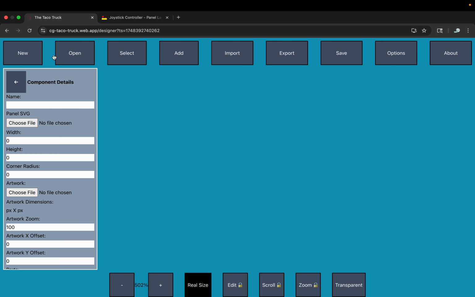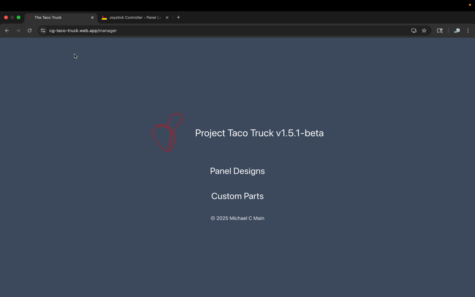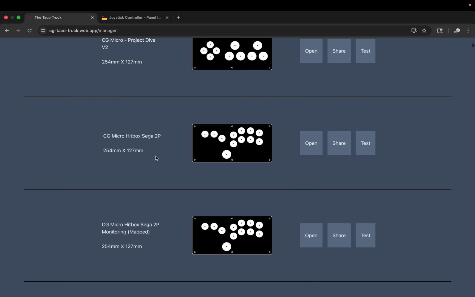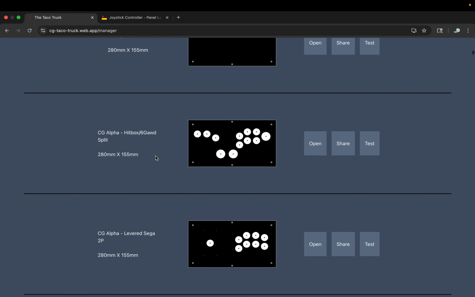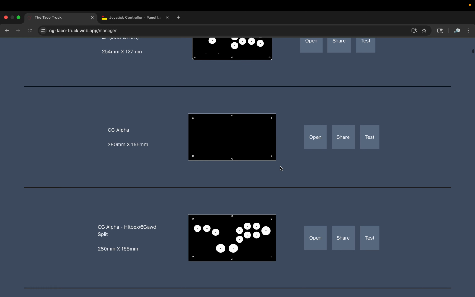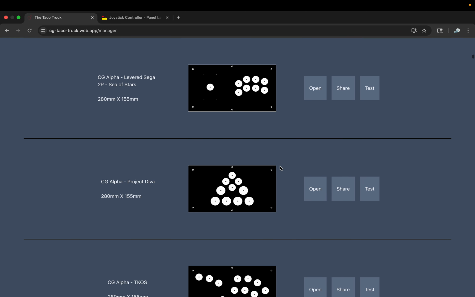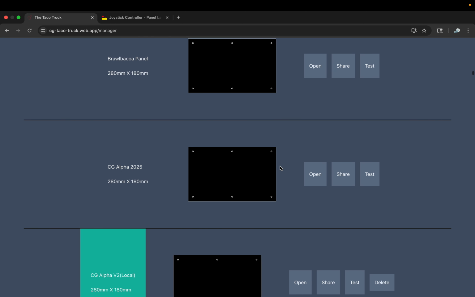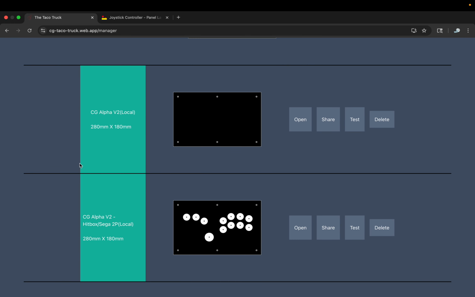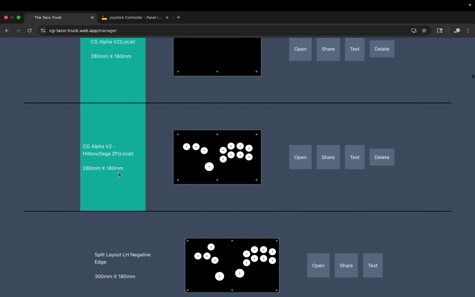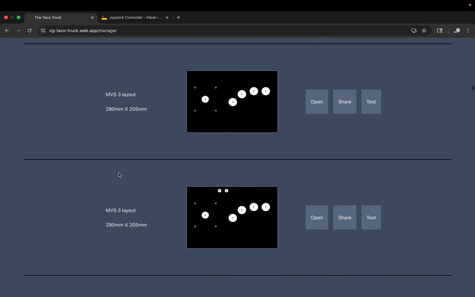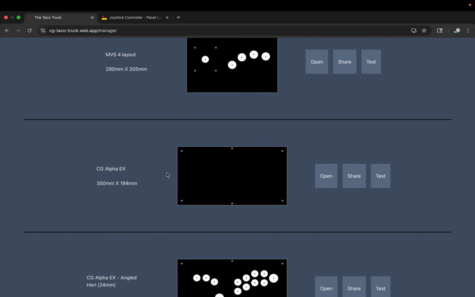New will always give you a fresh screen to work on. Open will let you open any of the layouts that people have created and saved to the cloud, or that you've saved yourself. The blue ones here are ones that you've saved on your local machine. So I'm just going to open up my Carnegie Gasada Alpha EX layout here